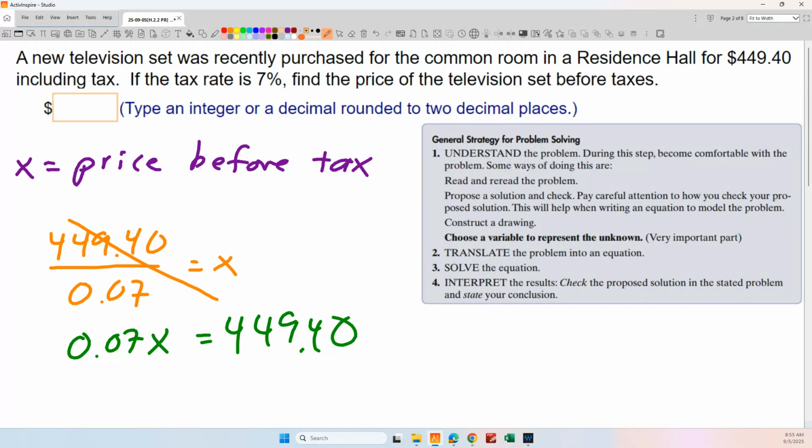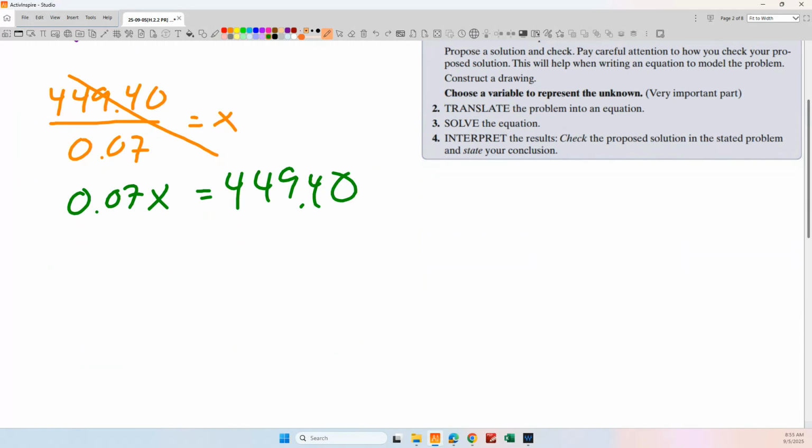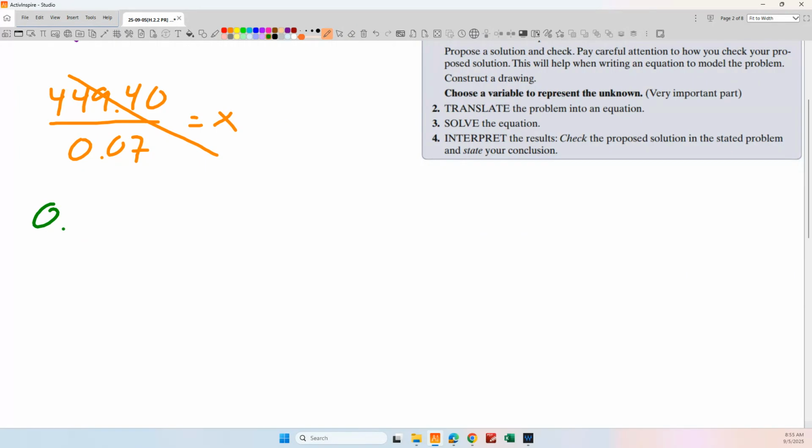Okay. So the next idea, and I'm going to erase this just because it really just led to that previous step. And this is the way math works a lot of times. You try things out, and then slowly your brain is kind of focusing in on something that's going to work. So this idea was to multiply 0.07 times 449.40 to see what the amount of the sales tax was. Is that the idea? Okay, that's going to give us something pretty small that might seem reasonable.